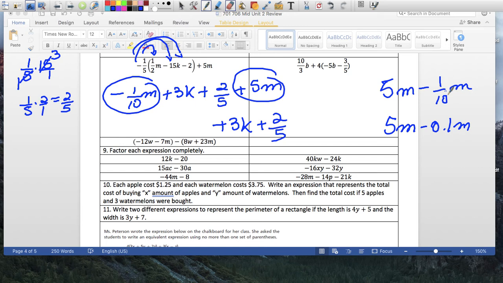Remember, to change a fraction to a decimal, you divide 1 by 10. So imagine you had $1 and you want to divide it among 10 people, everybody would get 10 cents, right? So 1/10 is the same thing as 0.1, and now it's much easier because 5 minus 0.1 is simply 4.9. So I get 4.9m. So when I combine these two terms, I got 4.9m,